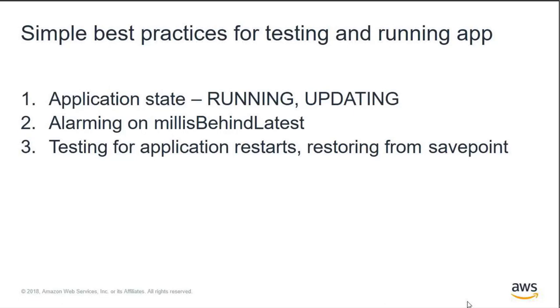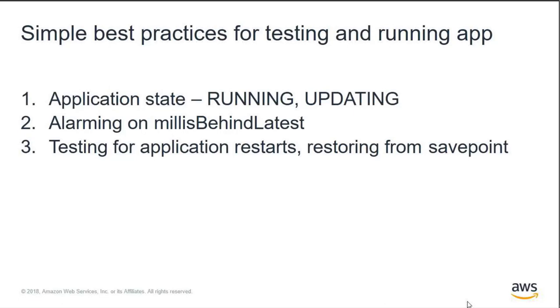If we were to recommend setting one alarm on your application, we'd recommend setting an alarm on millis behind latency. When you're processing streaming data, you want to make sure your application is keeping up with the most recent data in the data stream, the underlying stream storage. This is how you make sure that your application is real-time, getting those timely insights. The metric that we emit to monitor that is milliseconds behind latest. This refers to how far the application is running from the latest data that the streaming storage has.